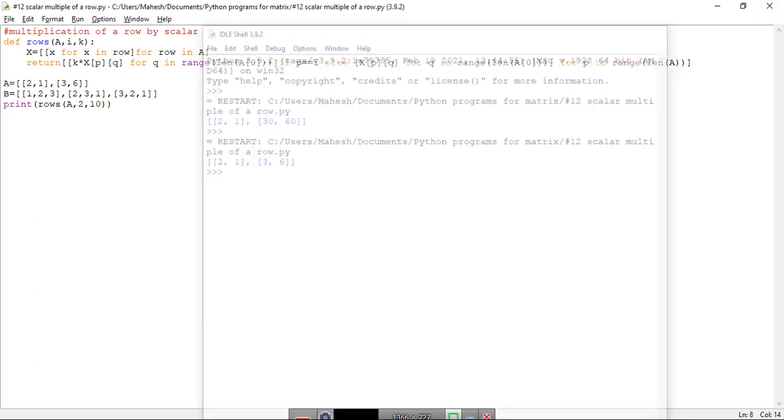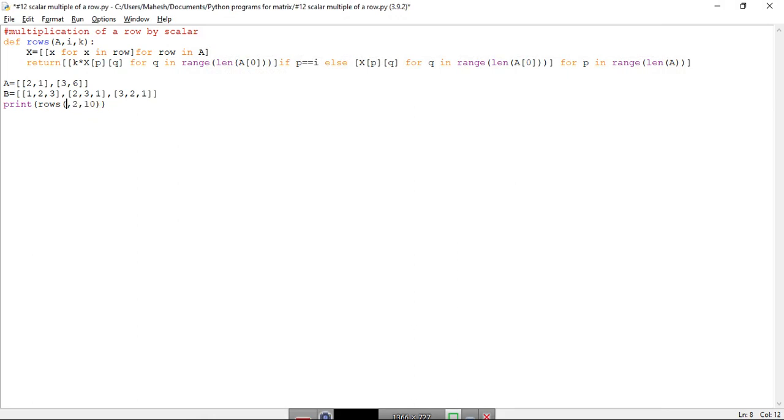Okay, but for this matrix B, let us multiply the second row by 10, and let's compile this.